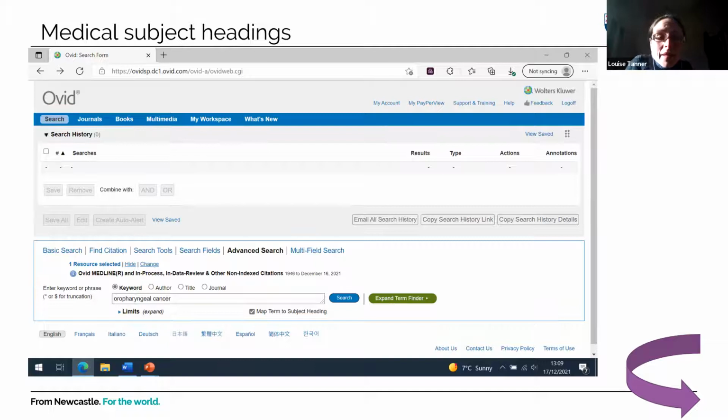Also, if you undertake a systematic review on a really topical subject with lots of literature being published, like coronavirus, for example, by the time you come to write up your review, it's likely there'll be a lot more articles that have been published that are relevant to your review.